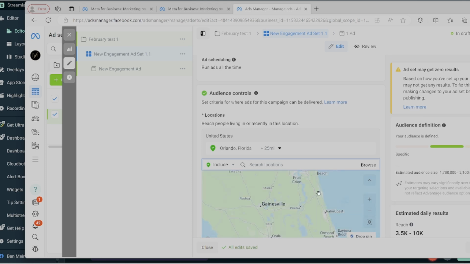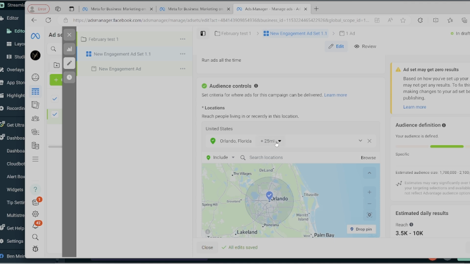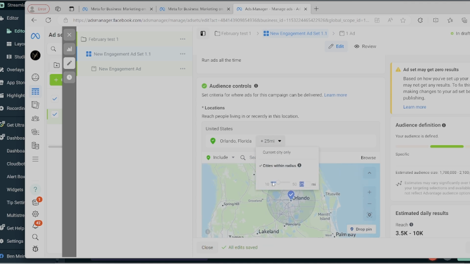Okay, so as you can see here, all over the place there, but we're going to broaden this to, let's say, 35 miles. It's a pretty good radius for a local business. I wouldn't really recommend going farther unless you really want to be going from side to side of the radius.